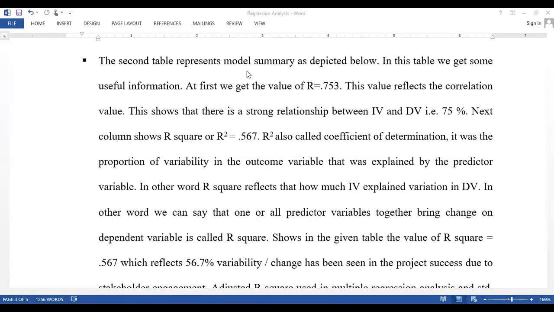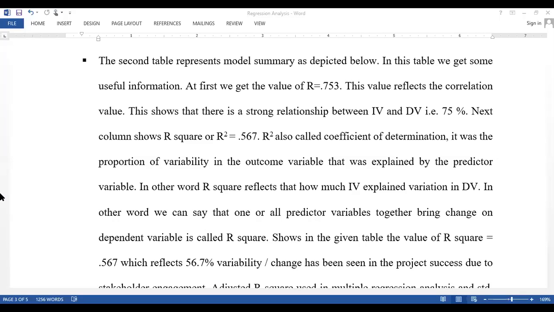So how much variation in project success is explained by stakeholder engagement? That variation is 56%. In other words, R square reflects how much the independent variable explains variation in the dependent variable. We can also say that one or all predictor variables together bringing change in the dependent variable is called R square.